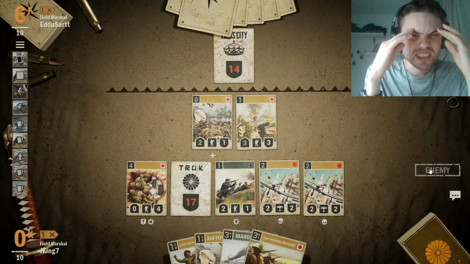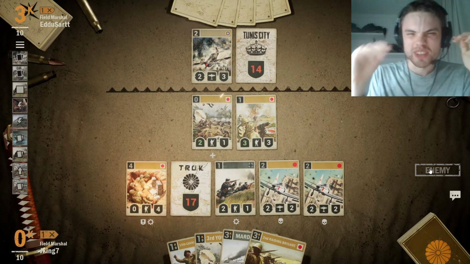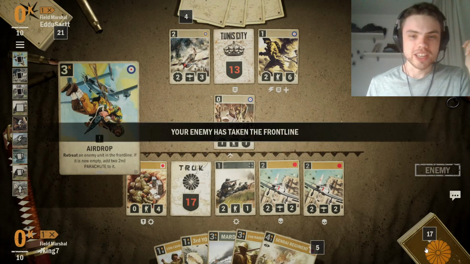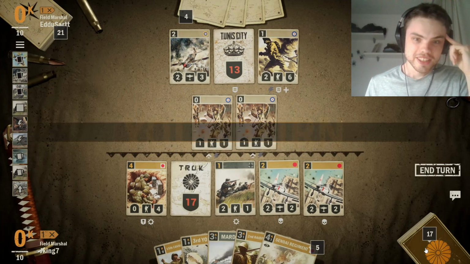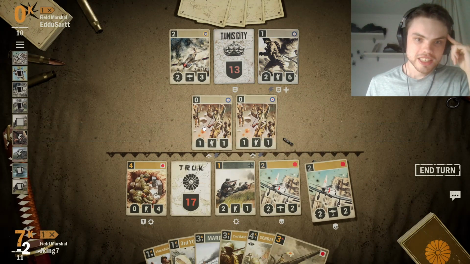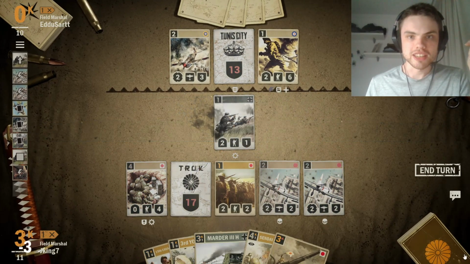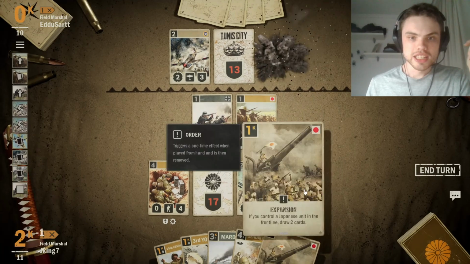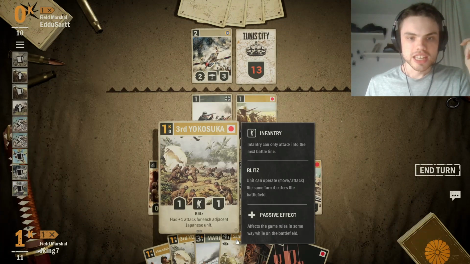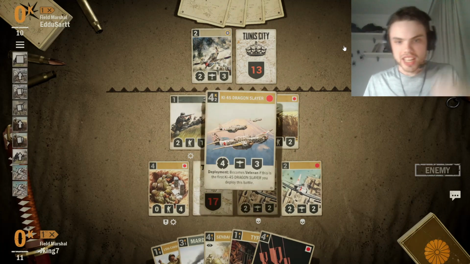Now I really regret trading off the... Maybe I just shouldn't have attacked? That seems very vulnerable to airdrop. Okay, well, I certainly was not expecting that. Can take out the Black Watch. Draw cards. And, okay, absolutely does not have a board clear in hand, so we're going to take a little bit